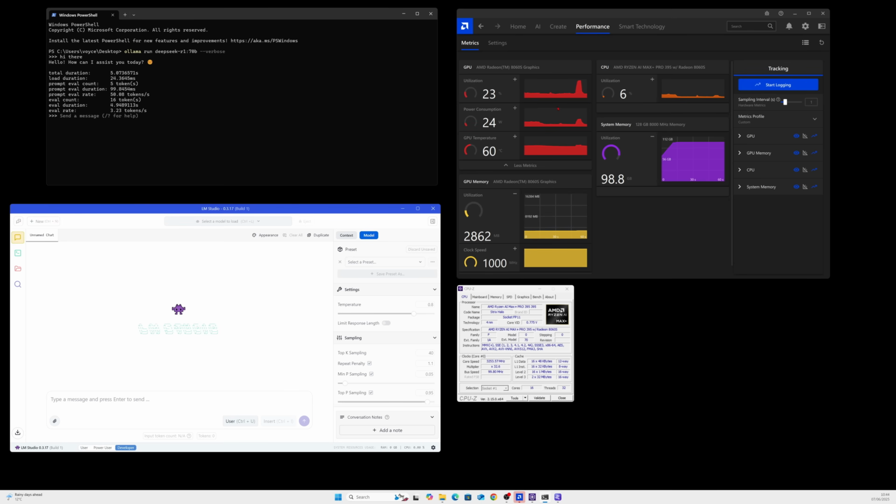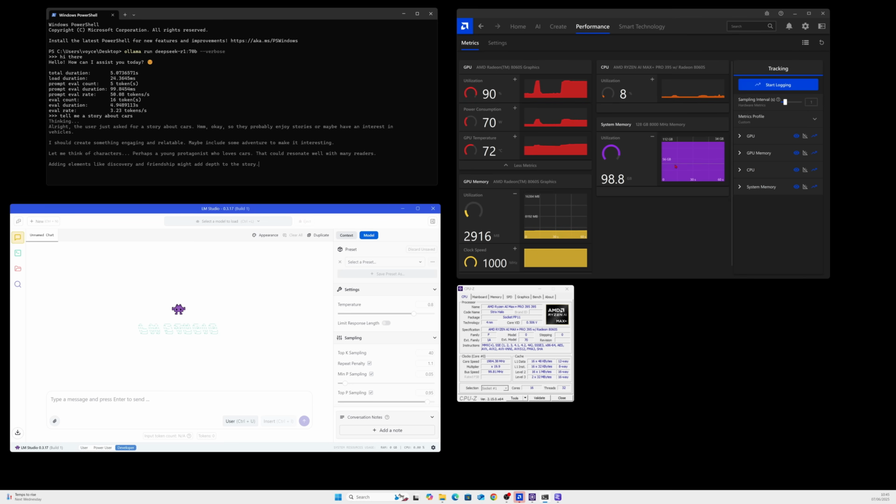The response, when you look at the GPU utilization, is actually... So tell me a story about cars. So we've got system memory. The 70B model is loaded to the RAM. GPU memory is not used, and the CPU is not used, but the GPU is 91% utilized, and so it looks like the system memory RAM is being used to process the model using the GPU. It's a bit strange